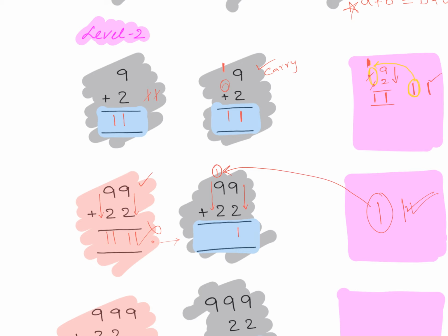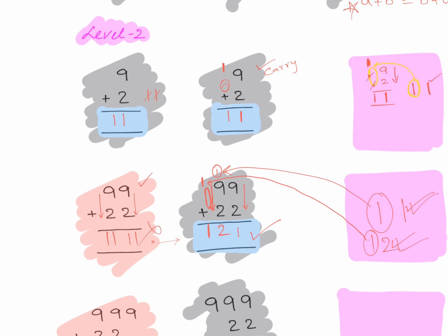And now coming to the second column, let us add these. 1 plus 9, 10, and 10 plus 2 is 12, right? So 12, again a 2 digit number, so the first digit is carry. We need to carry this to the column beside it. Is there any column over here? No, but still we need to carry. We can carry 1 over here, so remaining is 2. Now over here there is nothing but 1, so let us bring down the 1 over here, so it gives 121. So 99 plus 22 is 121,